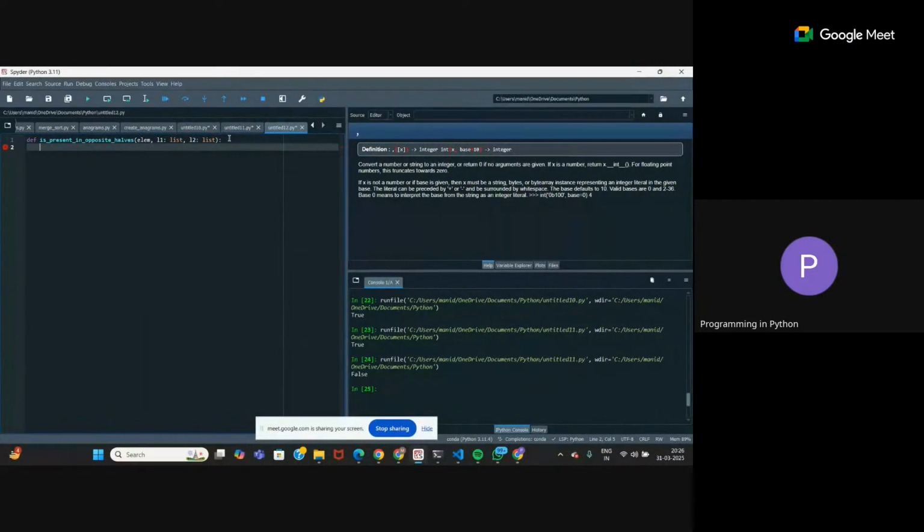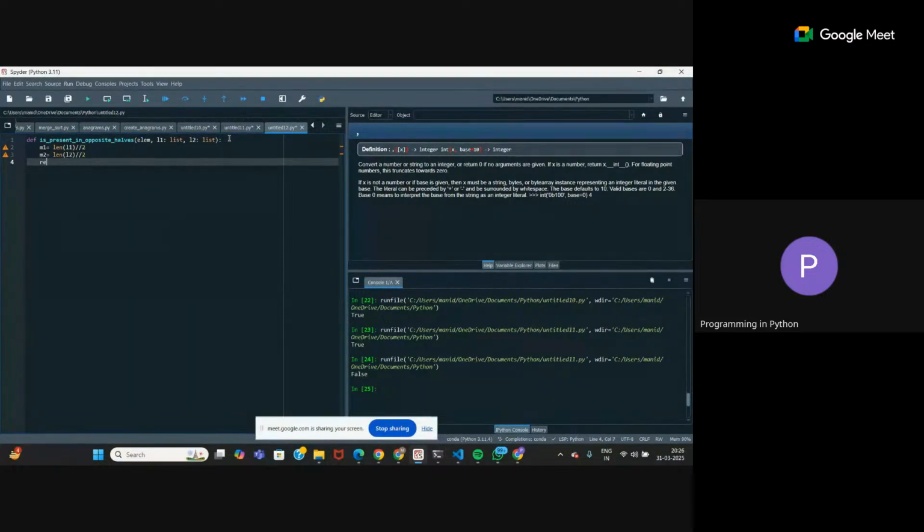So first you need to check what is the midpoint of each list, right? So we have to find the middle index. So let's take one variable called M1, in which I'm going to store the middle index of the first list. So that is, just take the length function, length of L1, then do the integer division by 2. Similarly, one more variable to take the midpoint of list 2. So length of list 2 by 2. These are the two midpoints.